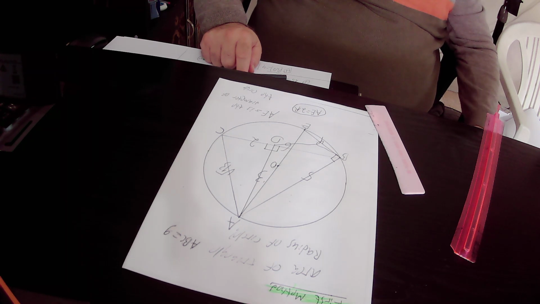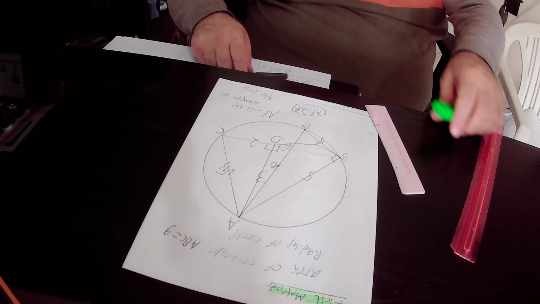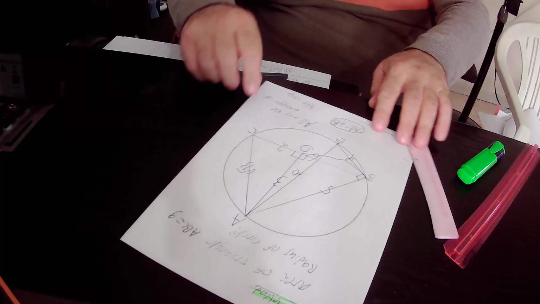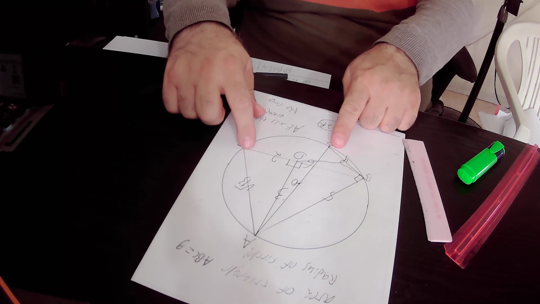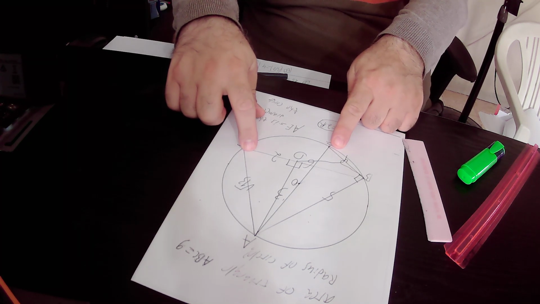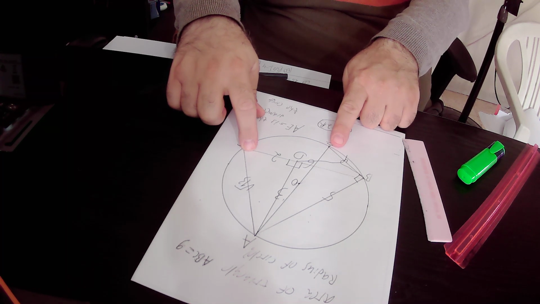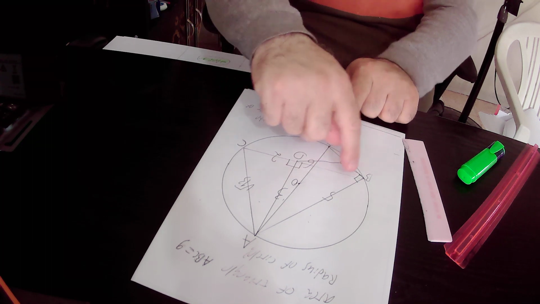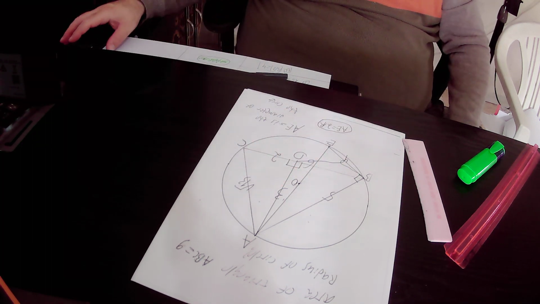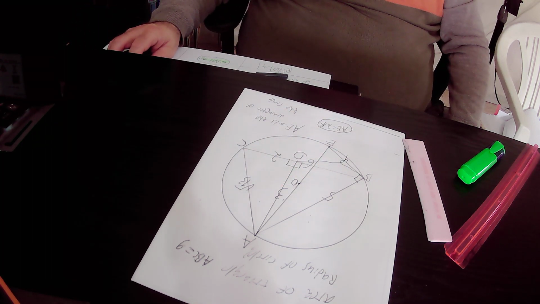We can also say that peripheral angles that rest on the same chord are equal to each other. So here we have those two peripheral angles. They both rest on the same chord that is called AB, therefore they are equal to each other. Okay, so here